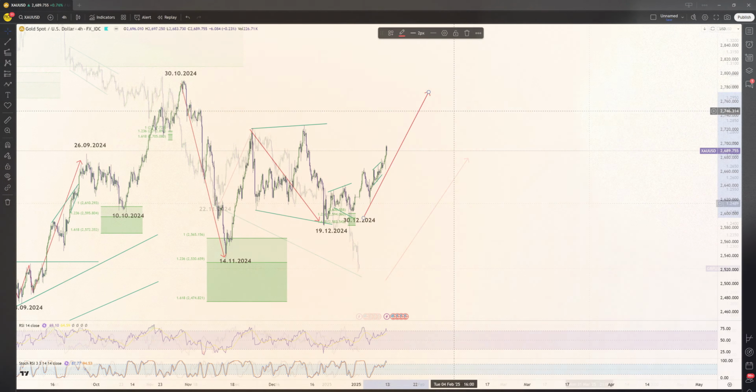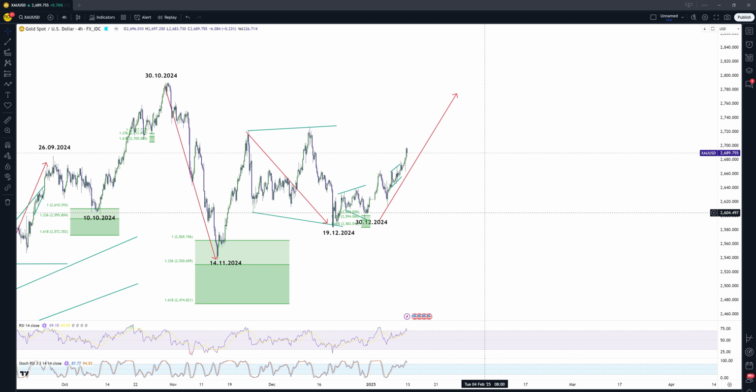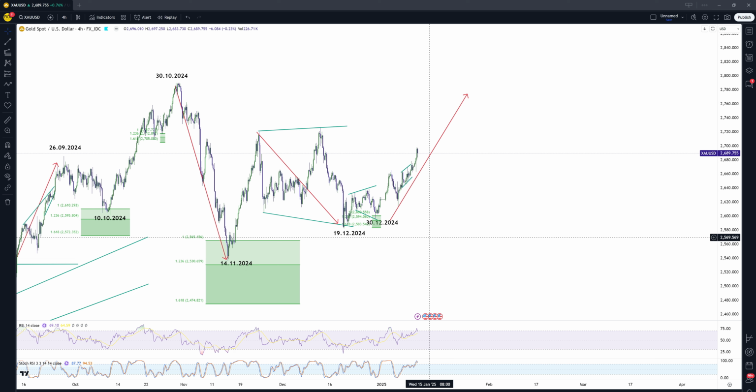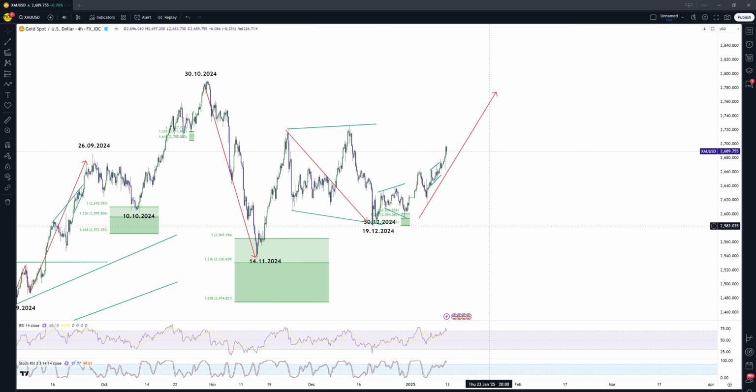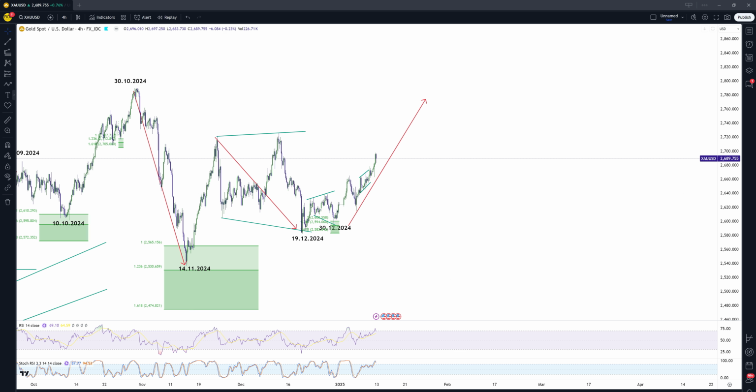Gold, of course, our bias was to the upside after this pullback. This move has probably confused 90% of the traders again, but not our members. We knew all along, after the 14th of November, after we saw this specific move in gold, that a pullback phase would be another buying opportunity. So the market has provided us with an accumulation at the end of the year and now is heading to the upside. We can overall still see more upside in gold for the time being, and we are not expecting anything else at the moment.